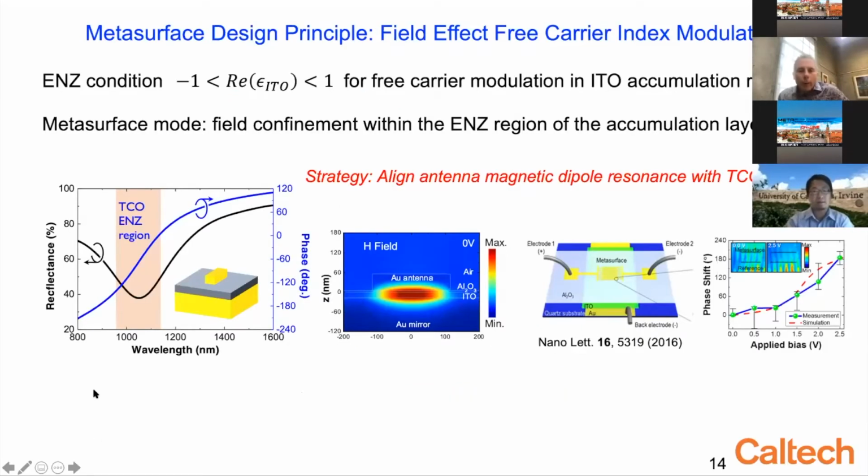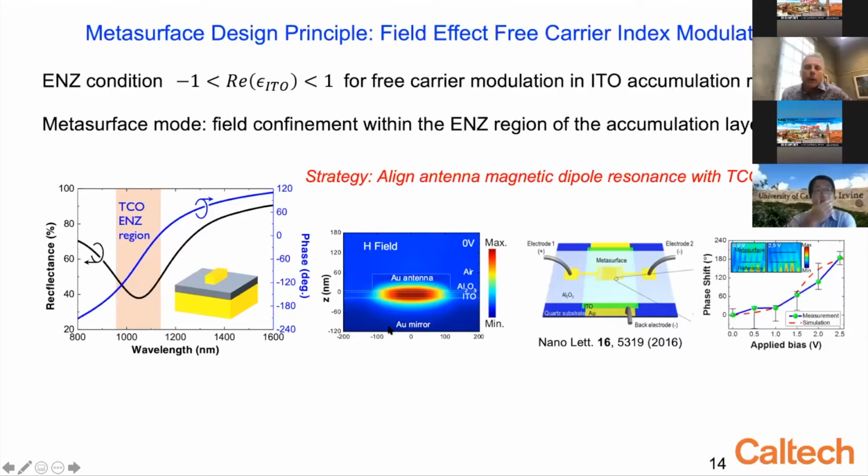Another approach is to use the modulation of the free carrier index using a field effect channel. Essentially, we form a metasurface antenna, depicted here in a reflect array configuration, where this metasurface antenna also doubles as a field effect channel. This antenna has a confined mode that is highly confined within the gap between the antenna element and the ground